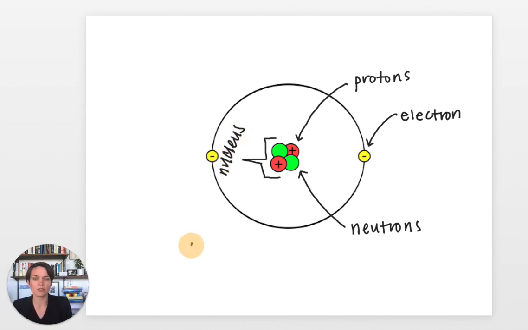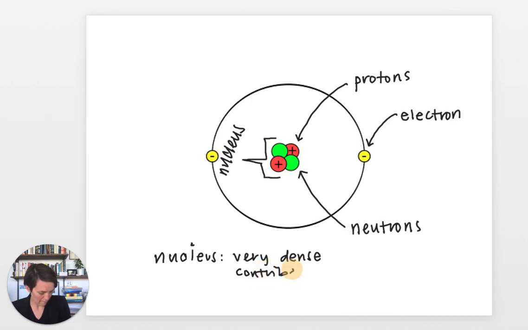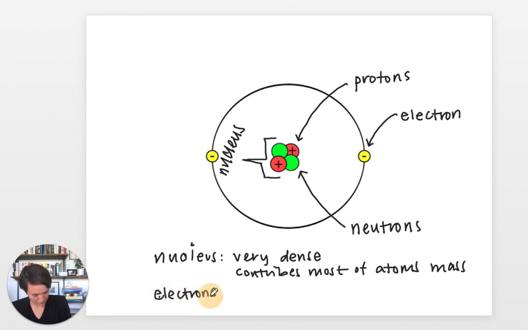The nucleus is going to be responsible for the vast majority of the mass of our atom. So the nucleus is very dense, and it contributes most of the atom's mass. In contrast, electrons, the only subatomic particle that's not part of the nucleus, are going to be orbiting that nucleus. They are very light. They have very small mass relative to a proton. And they are going to be the particle that engages